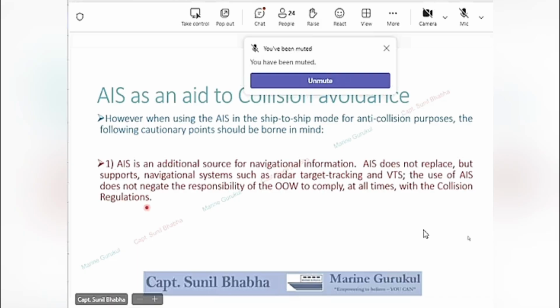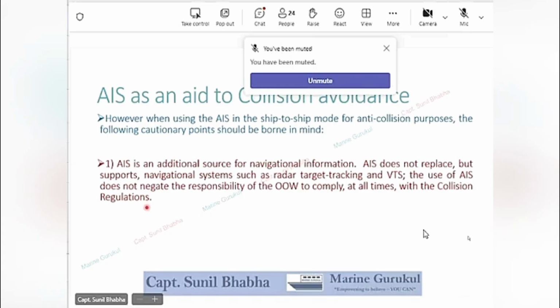Another important thing which you will see here is that AIS is not that widely mentioned in the collision regulations as compared to the radar. There are some rules which are very much specific to radar. So it tells us that the weightage which is given by the COLREGs to the equipment is much more to the radar as compared to the AIS. It is for this purpose, which I discussed a little bit before, that AIS is a GIGO system, garbage in, garbage out. That means there is no way to check the authenticity of the information.